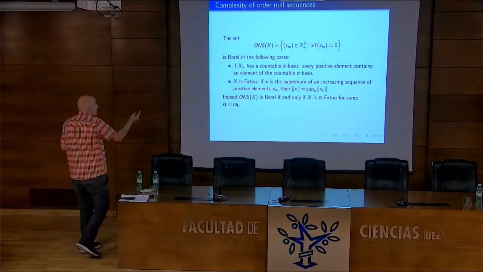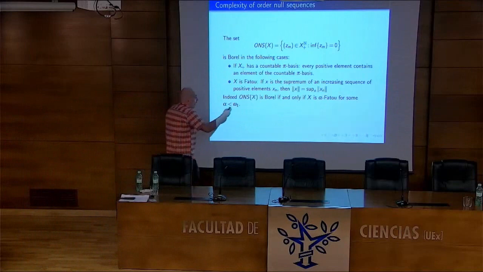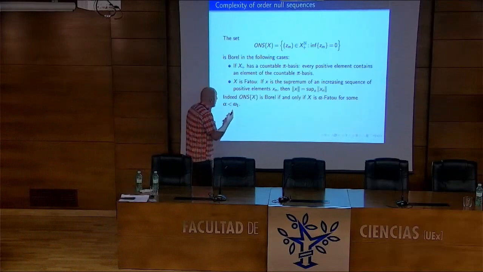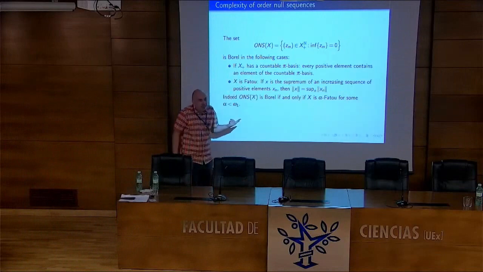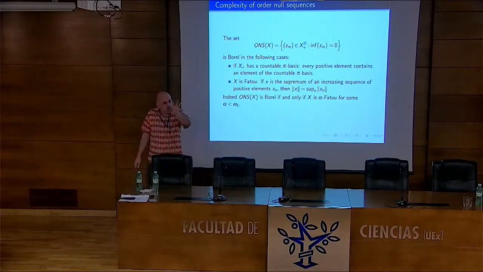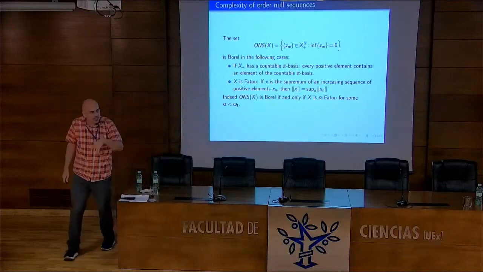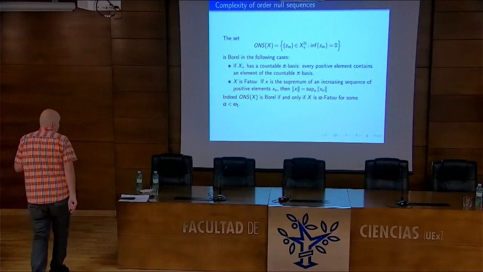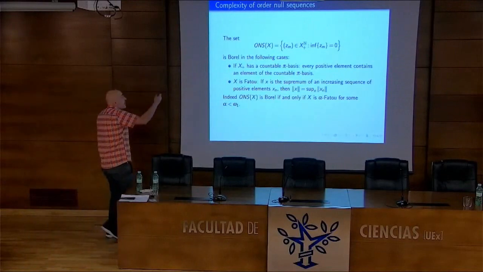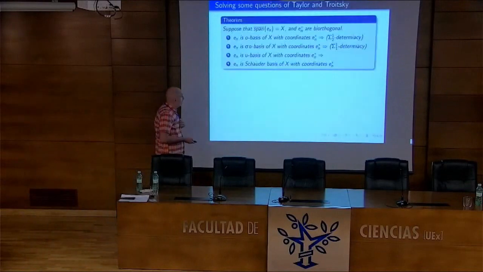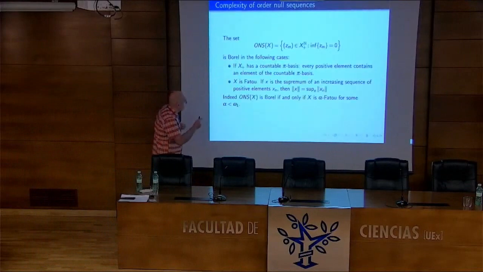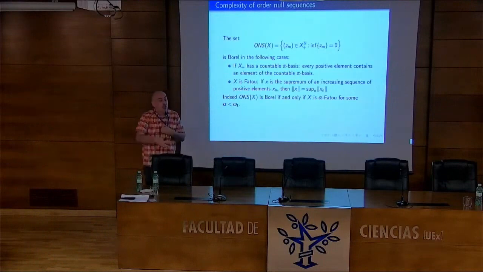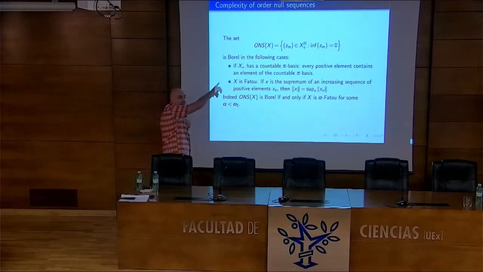And we know that this set is Borel if and only if the space is alpha phi2 for some alpha. There is some countable ordinal which controls how you can approximate lower bounds from approximate lower bounds. And the result I said before is based on constructing, for every alpha, a space which is not alpha phi2 but still has Borel index.